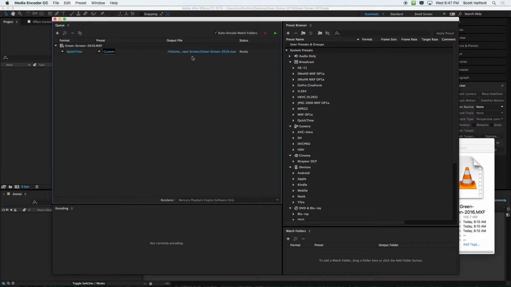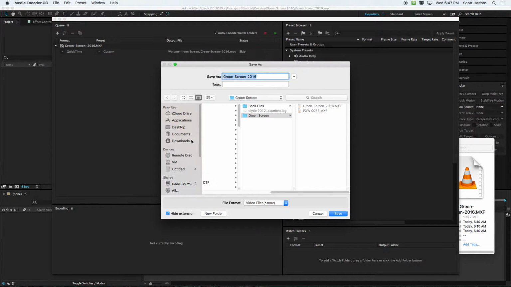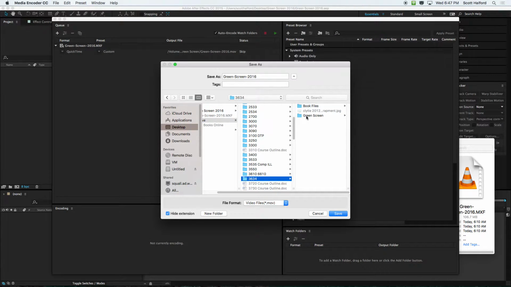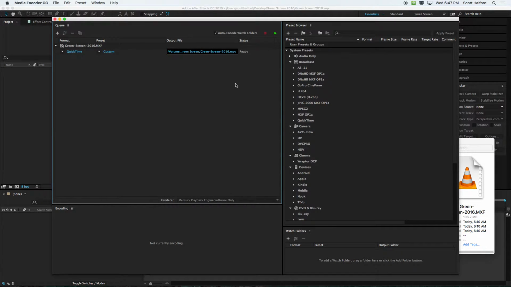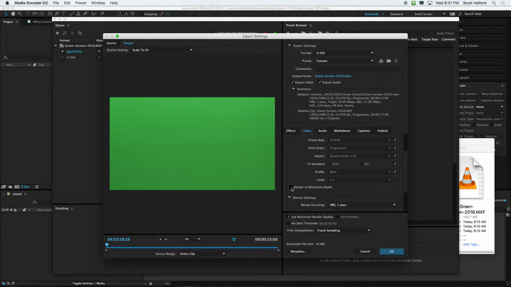Click OK. Where I'm going to put this is on the M drive so you can all access it in the 2534 folder, or 3634 folder, green screen. And so there's the original MXF, there's green screen 2016.mov, but I'm going to add an output to this, and I'm going to make an MP4 that's a higher bitrate MP4